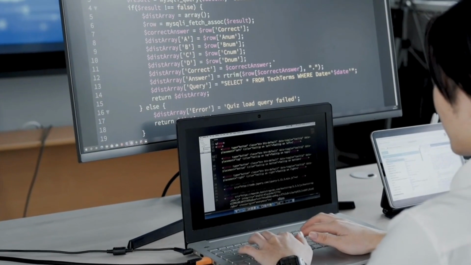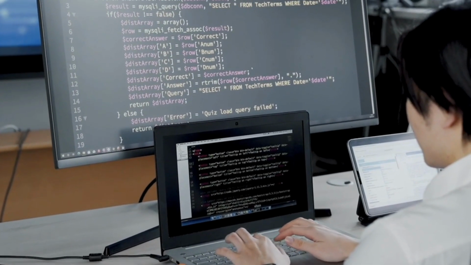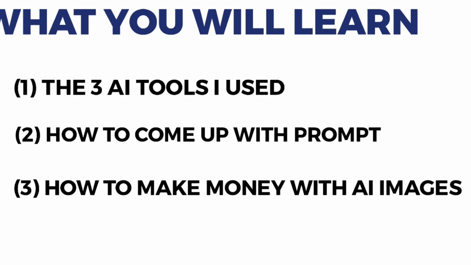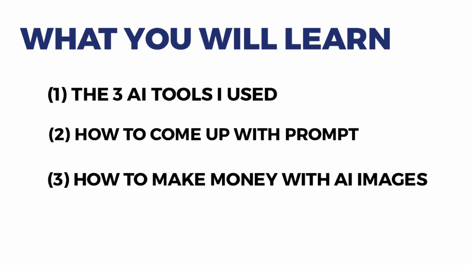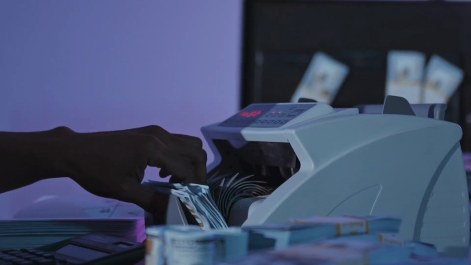With these AI tools, you can bring your imagination to life by just giving it the prompt. So I want to show you the AI tools I use, how to come up with the prompt, and lastly, in this video, I'm going to show you how you can make money with AI tools like this. So if this is what you actually want to learn, make sure you watch this